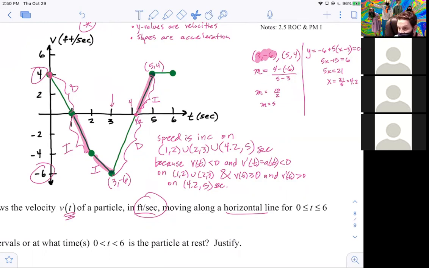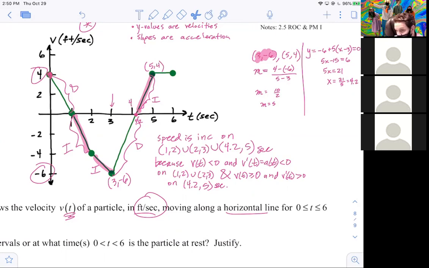I'll start you off. Speed is decreasing on the intervals, speed is decreasing on the interval 0 to 1, and for the interval 3 to 4.2. Good. So if you're at home, Scooby-Doo is doing this one. Max will do. From 0 to 1, union 3 to 4.2 seconds, because